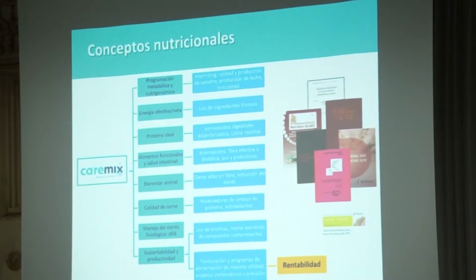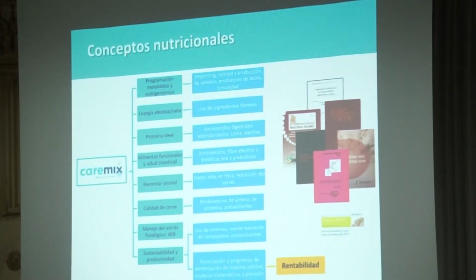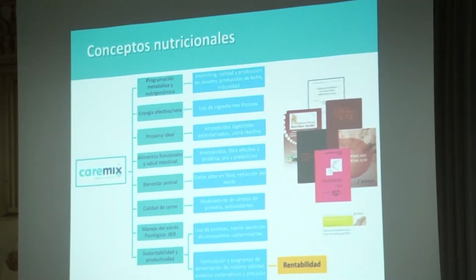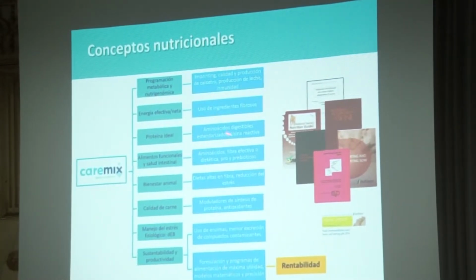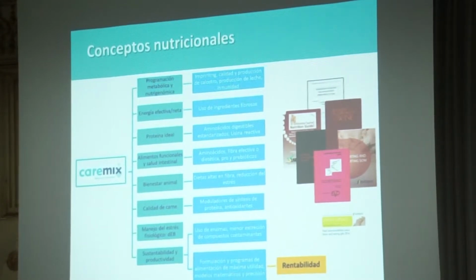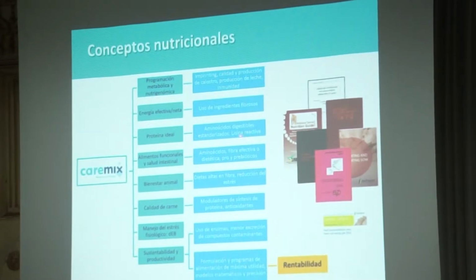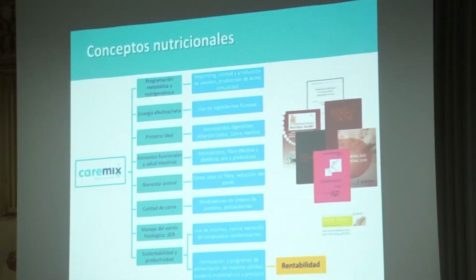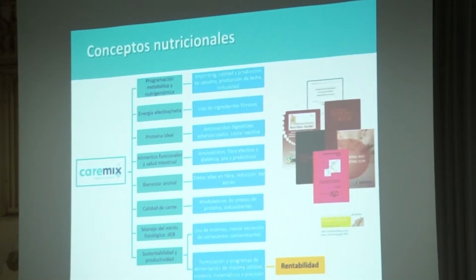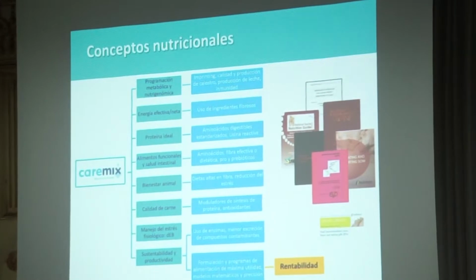el uso de la energía efectiva para mejorar el aprovechamiento de todos los insumos alimenticios que nosotros estamos trabajando en el alimento balanceado. Concepto de proteína ideal. Actualmente nosotros balanceamos a aminoácidos digestibles estandarizados. Próximamente estaremos realizando la formulación a lisina reactiva, que es la cantidad de aminoácidos que realmente están disponibles en sangre para cumplir con todas sus funciones fisiológicas y metabólicas para las que están destinados.